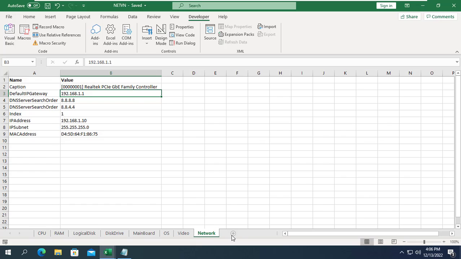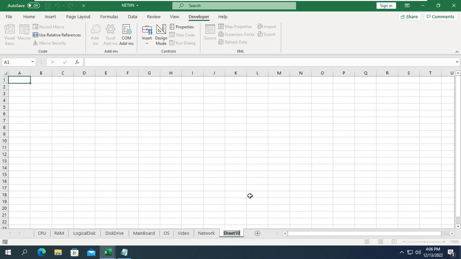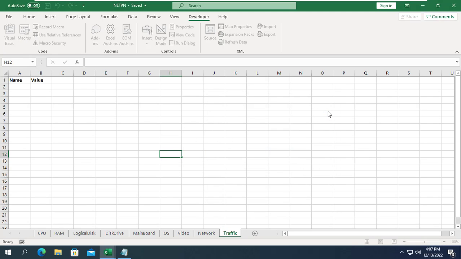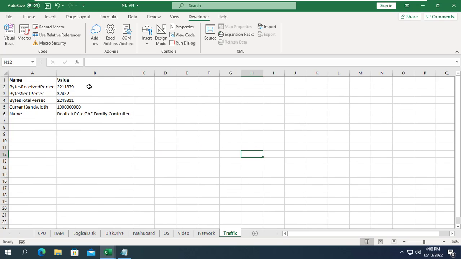I create a new sheet called Traffic to store traffic information. Next, I run the procedure called Traffic WMI. And this is what I got, and I don't know how many Mbps the traffic is. So I calculated a bit to get the desired result.